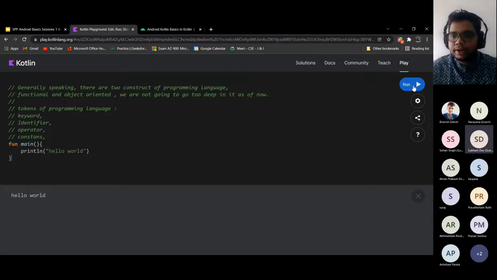So on the right of the screen, you can see a run button, which is what you have to click to run the function, and it actually runs the function and puts out the output that we are looking for.